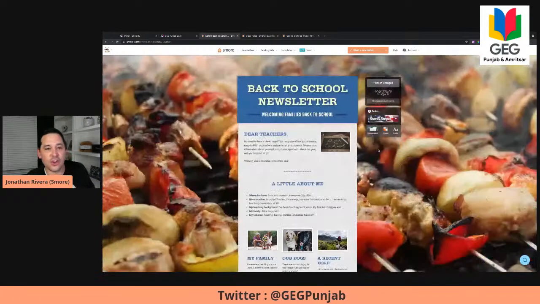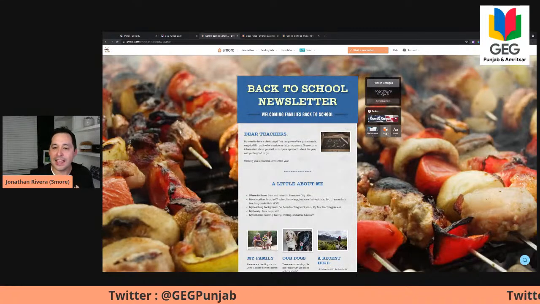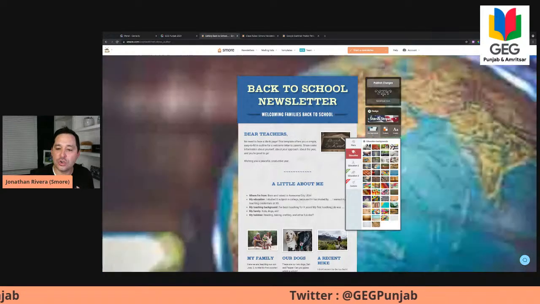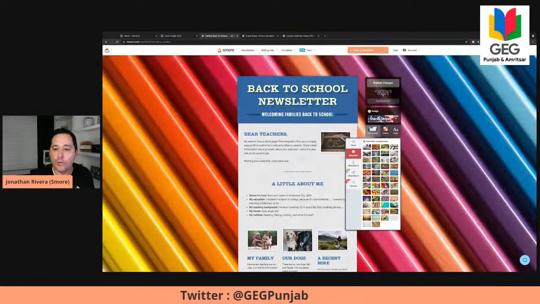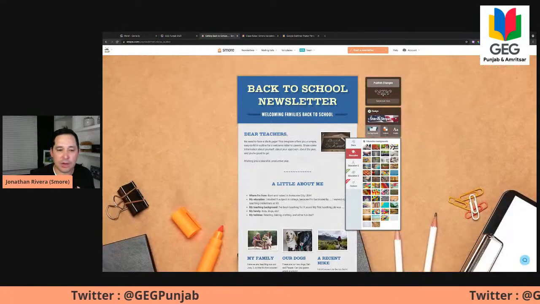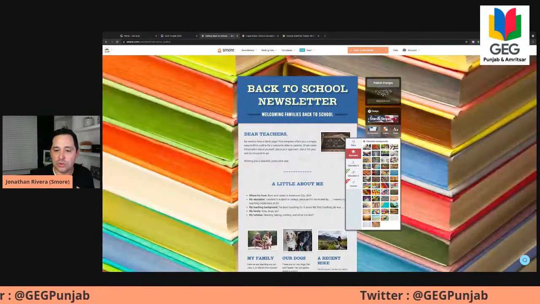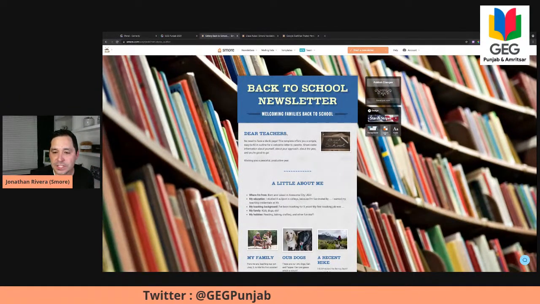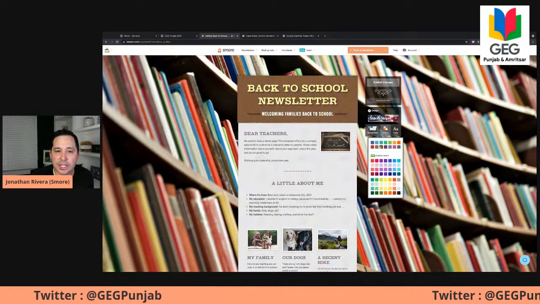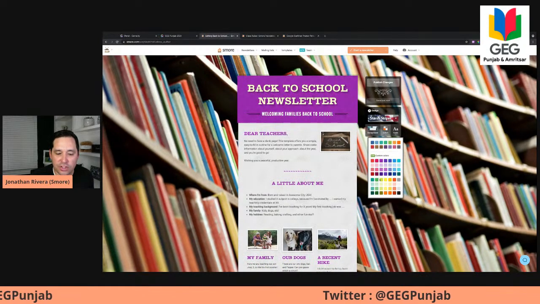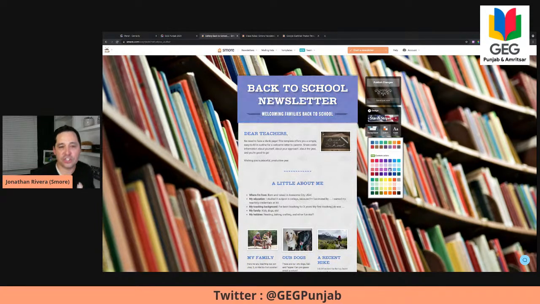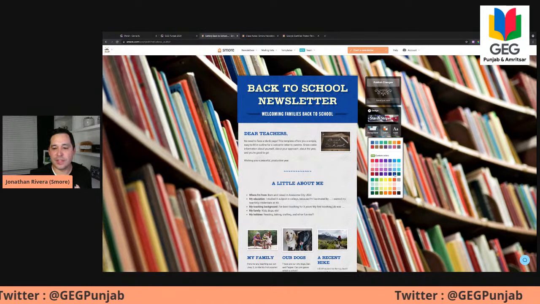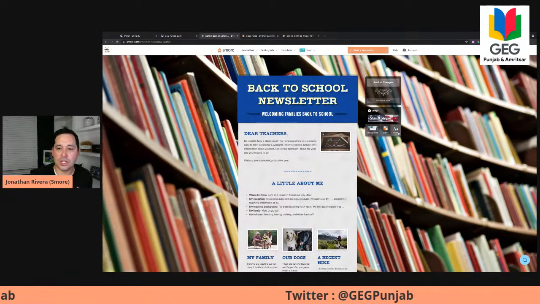So let's say I wanted to use this stars and stripes design right here. I can change the backgrounds. There's so many different education backgrounds you can choose from. And all you have to do is hover over them and you're able to see what these backgrounds look like before you choose them. So let's say I wanted to choose this cool library book one. You can tweak the colors a little bit here. Notice it changes the colors all throughout the newsletter. It changes the shading and how it looks. So again, it's really easy for you to tweak and change.